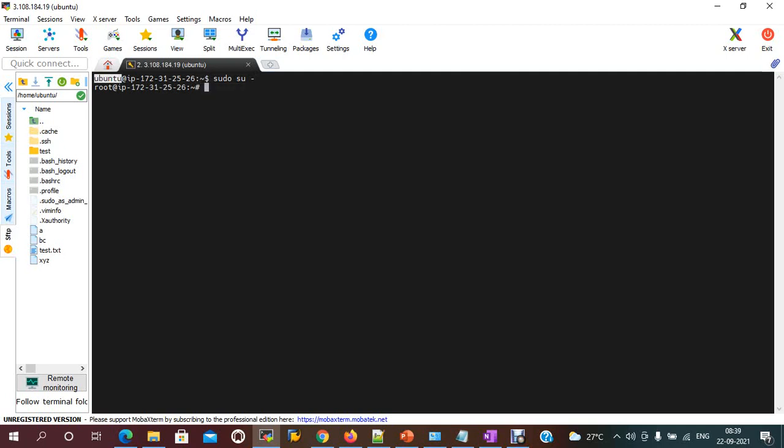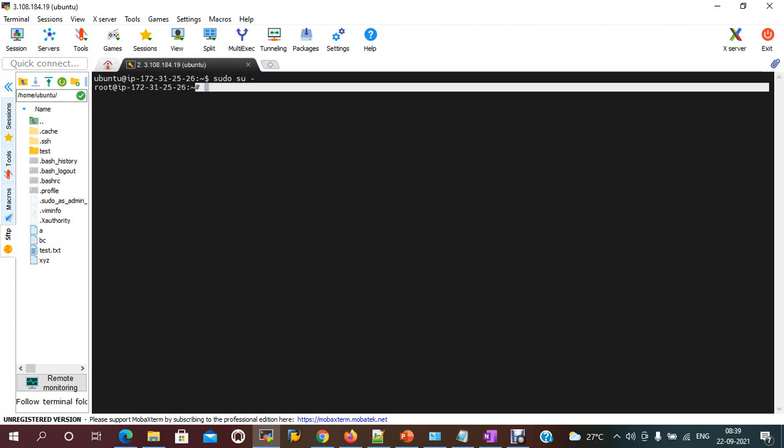For a normal user, the prompt shows username @ IP address and the symbol, and where we are in the current directory. If it is a root user, it shows root @ the IP address and the symbol, like so. This means root user.